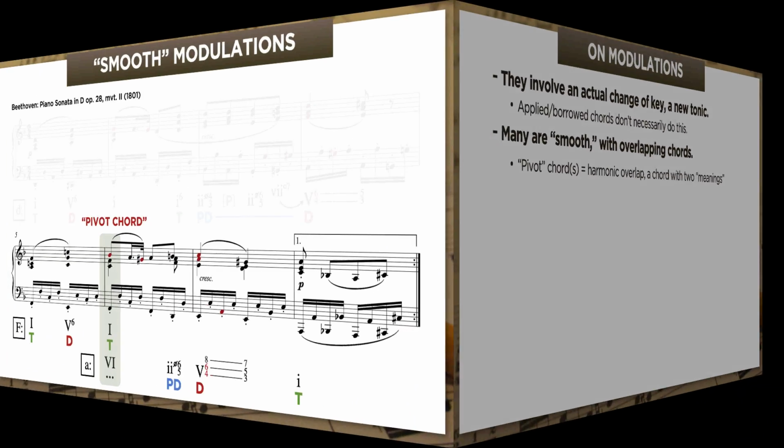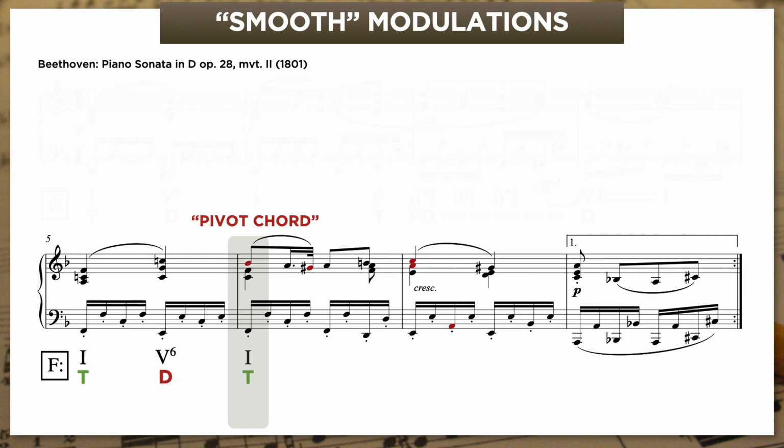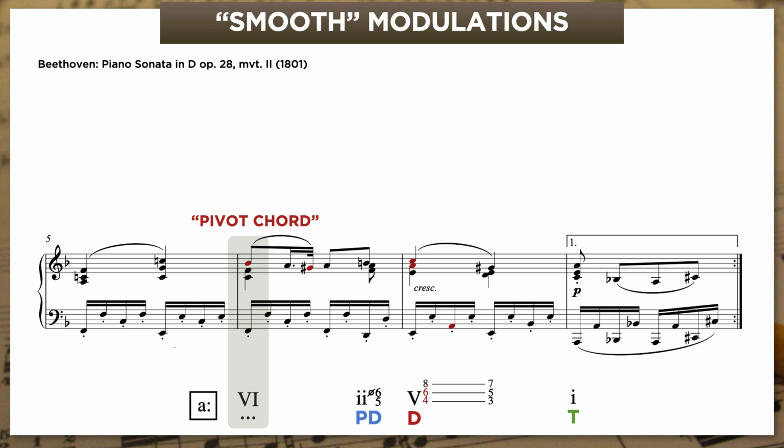Let's really think about this. Moving into that F major chord, it's going to sound like the tonic in F major. But if we quote-unquote listen backwards from the A minor part of the phrase, we can choose to hear it as a 6 chord in that key with a bridging function leading into the predominant.